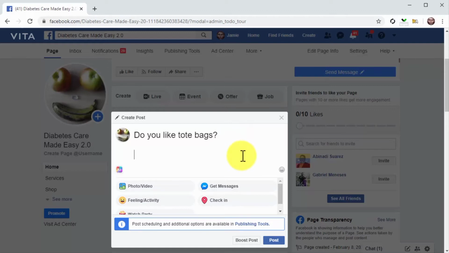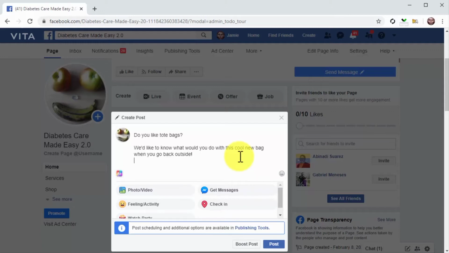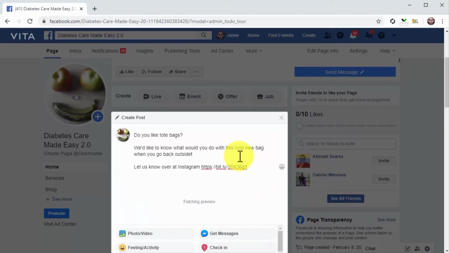This can be a segment of your Instagram caption, a description of your Instagram post, or a shorter variation of the same caption. In this example, we are going to describe the content of the original Instagram post. After you enter your headline and text, add a call to action and a shortened link to the original Instagram